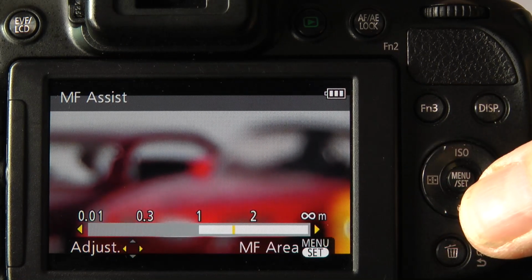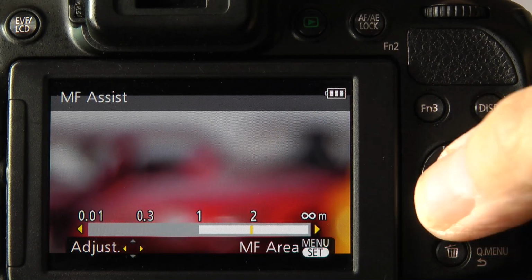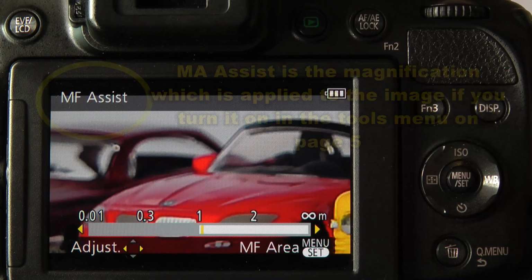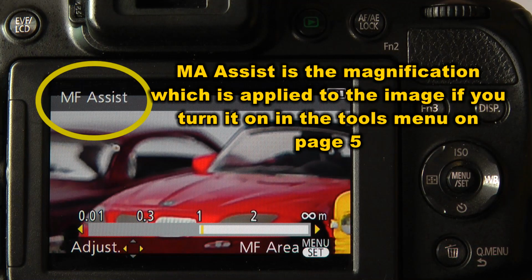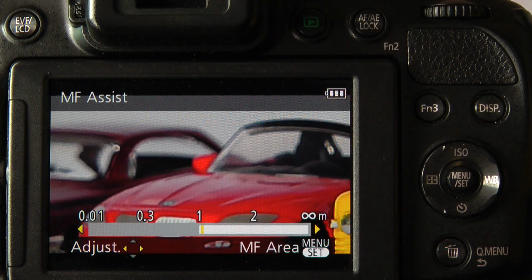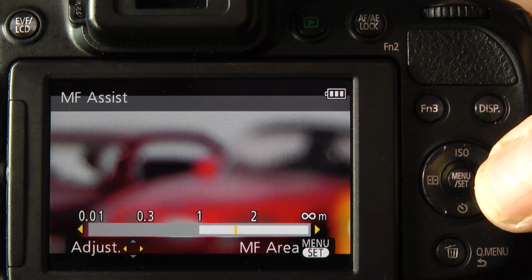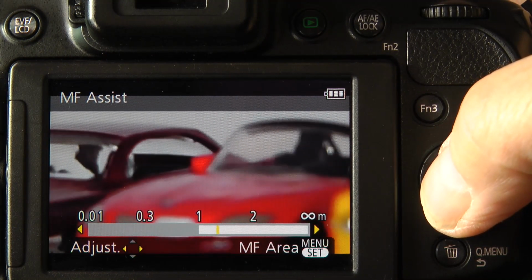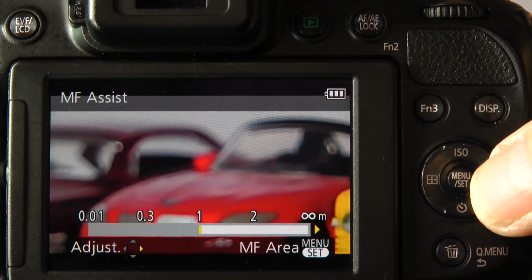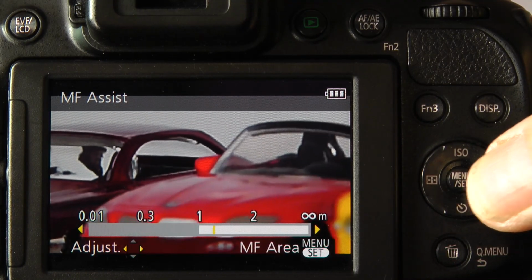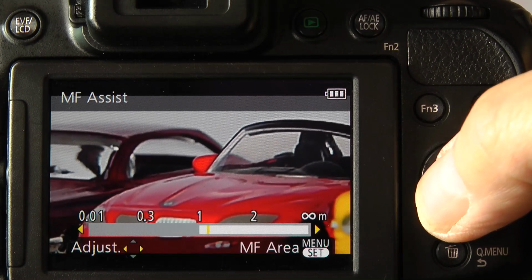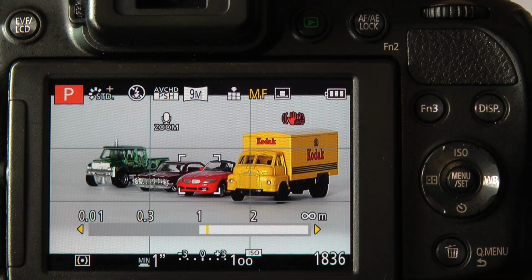As you do so, you can see on the screen the focus point change. And it's a magnified view. I can then use the navigation button or the top control dial to set the accurate focus point, and it's better if you just go through the focus point and then just step back into it to get the actual focus point you desire.